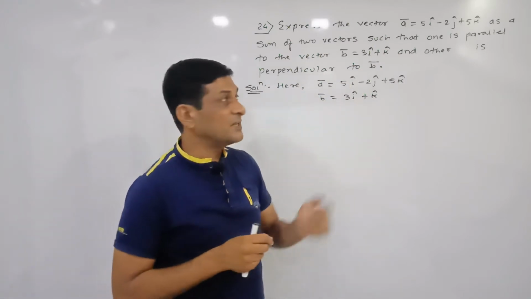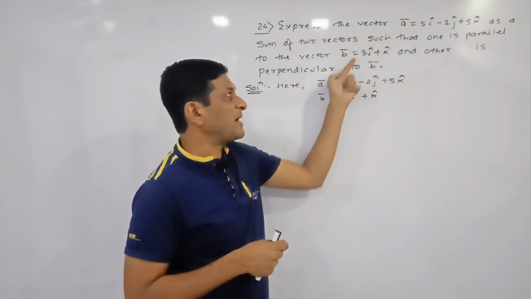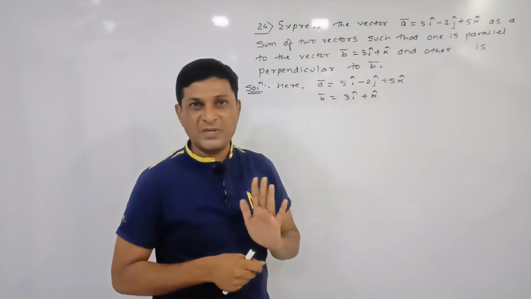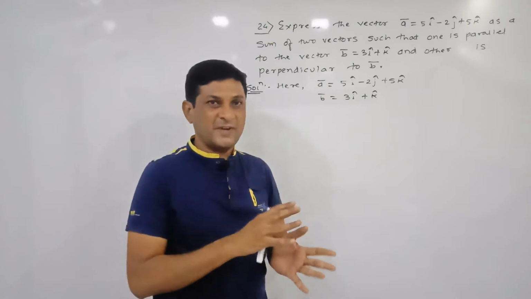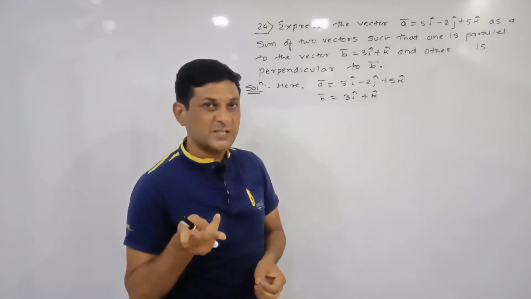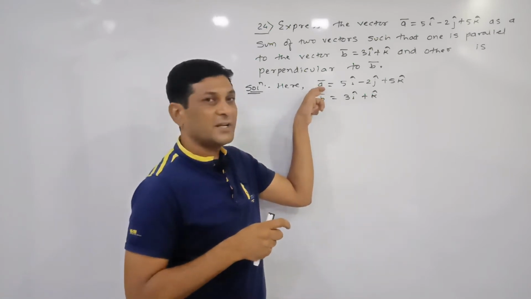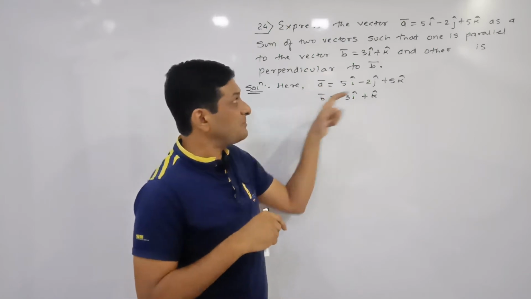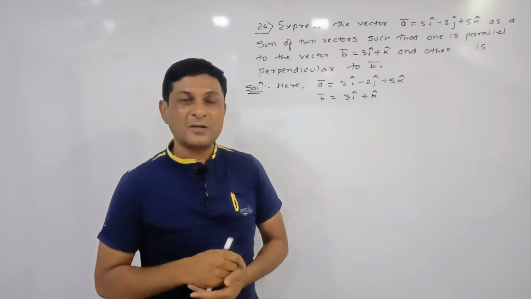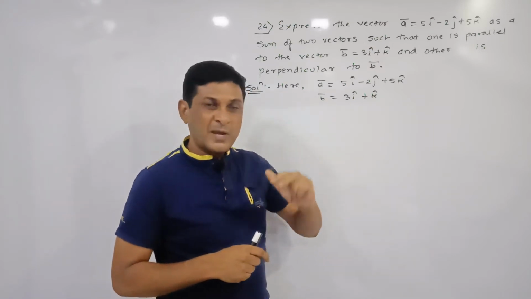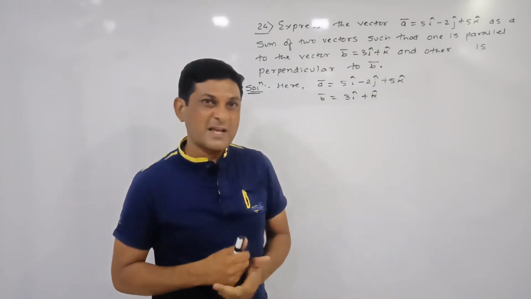How many vectors are given to us? A bar is given and B bar is given. So we have written here the value of A bar and B bar. Now we have to find two such vectors whose sum will be equal to A bar, and one of them is parallel to this vector B bar, and another is perpendicular to this B bar. So I am denoting these new two vectors by C bar and